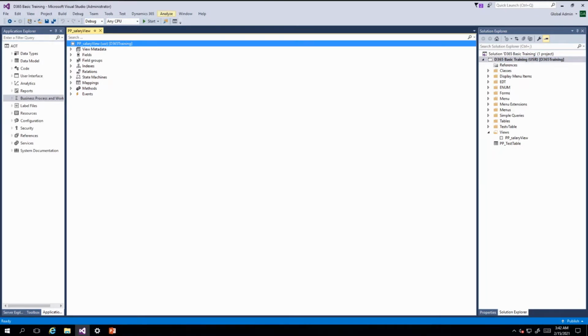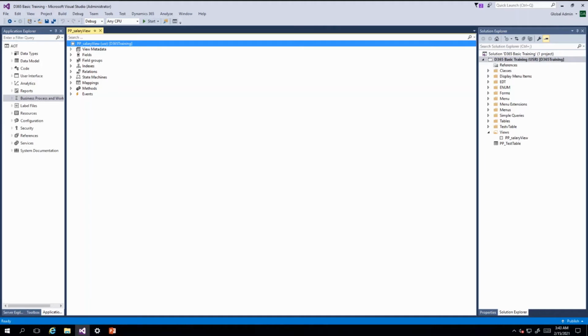So let's see the view elements. Here you can see metadata, field group. As I told you, a view uses a query to retrieve records, so its behavior is the same as a query. This query concept which we saw in our last video, if you have not seen it, please refer to that video. That is a very conceptual video. In that video you will learn how to create a query, what the query structure is, and how to write dynamic queries. This query concept is very important for programmers. After that you can come to this video, because this is the same structure we have to follow to create the view, the same as we did in the query.